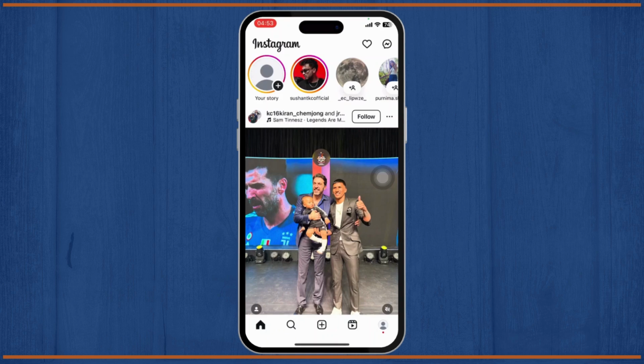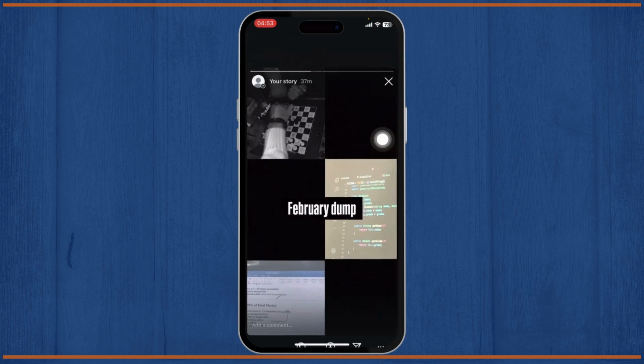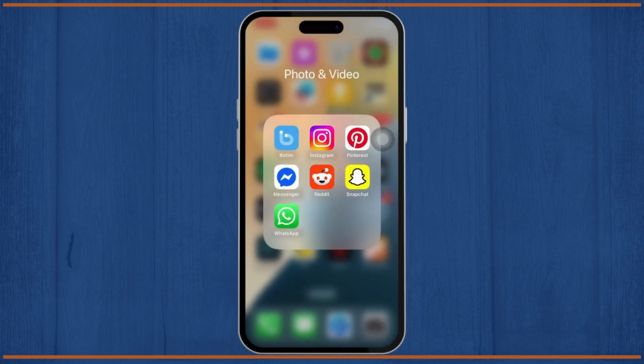You can even use an alternative method where you write the February dump using your text area like this. So let me show you, like this, where you can just make it a bit fancy. And yeah, that is how you create February dump sticker in